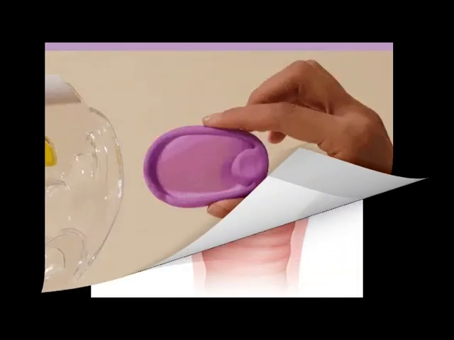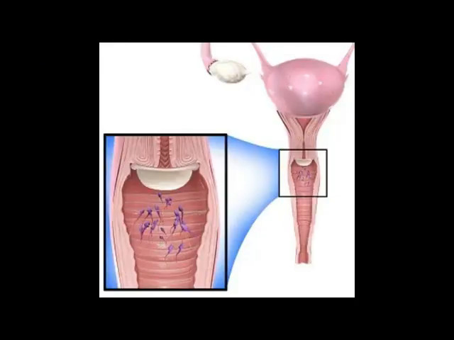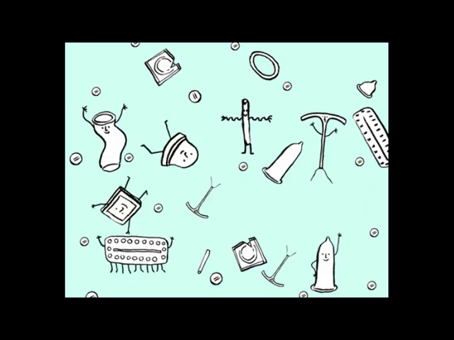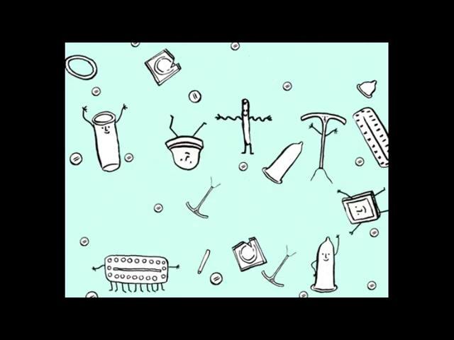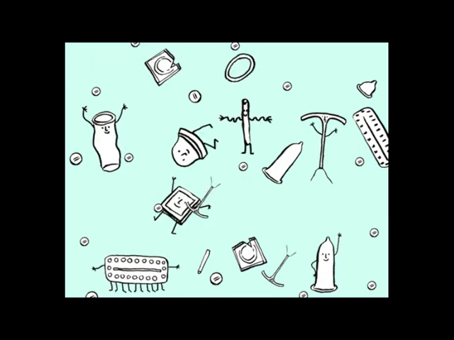Third is the diaphragm. Diaphragm or cervical cap is also its name. It is a flexible rubber or plastic cover that is fitted over the cervix in the female's vagina. It checks the entry of sperm into the uterus. These are smeared with a spermicidal jelly or cream and must be kept fitted for at least 6 hours after sexual intercourse. So these three are the barrier methods which prevent the entry of sperms into the female body, so that they don't fertilize.